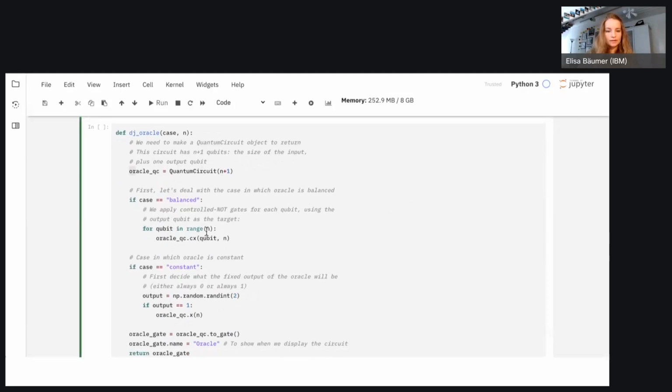First, we need to create a quantum circuit. The quantum circuit we call Oracle QC, and we create one not only on n qubits, but on n+1 qubits.